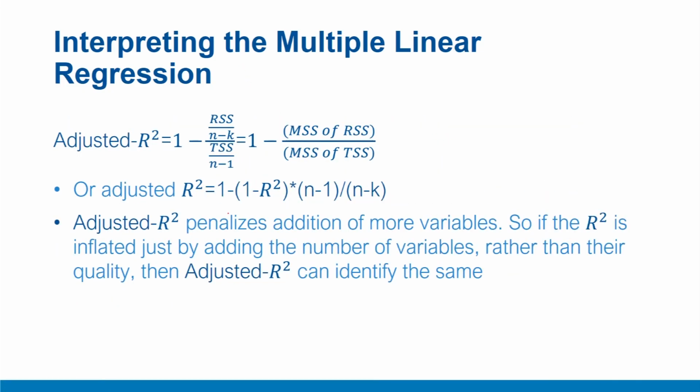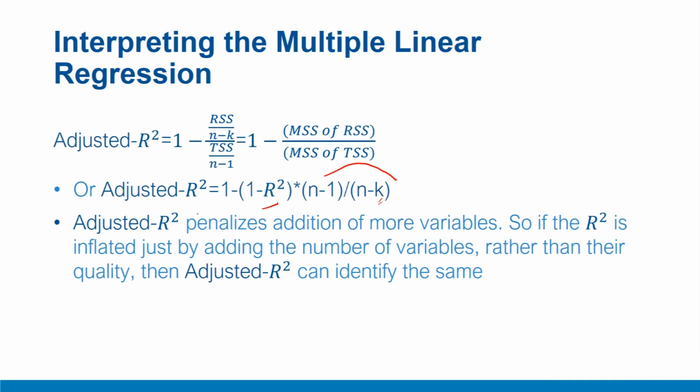If we rearrange the expression for R square and adjusted R square, we get something like this. Please notice, in this expression, we are putting a certain additional penalty in the form of this n minus 1 upon n minus k. That means the more the number of variables, the more the number of k's in the model, the more this R square is penalized in the computation of adjusted R square. That means the more the number of k's, the lower the value of adjusted R square. So there's a certain penalty that this expression puts on R square, and therefore this adjusted R square, after adjusting for these degrees of freedom, puts a certain penalty for the addition of variables.